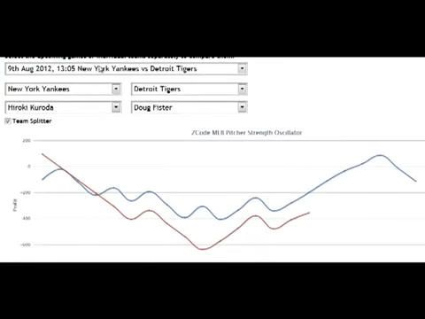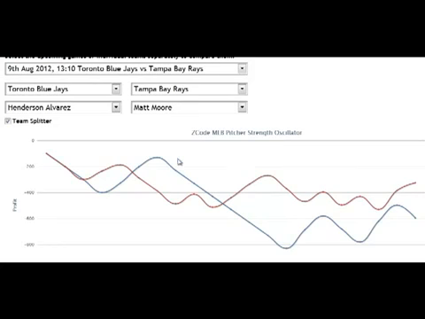Let's check another game. Tampa Bay versus Toronto Blue Jays. In here, we can see the blue one is Hernando Alvarez. Now, Hernando is pretty unstable. He lost more than $800, but recently he's become a little better and stable. From the graph, it's clear his pattern is 2 wins, 2 losses, 2 wins again, and you might expect him to lose again here. Just by looking at this pattern,